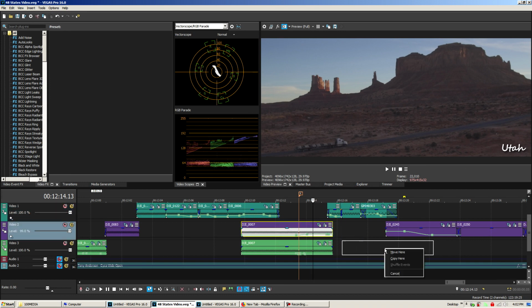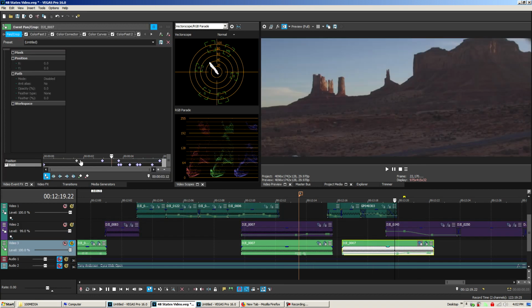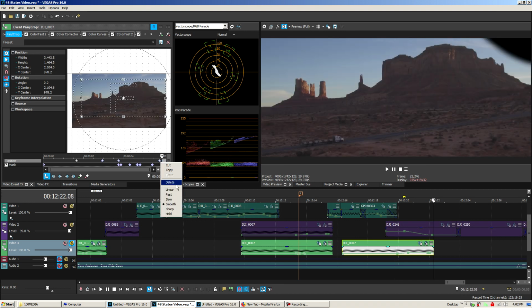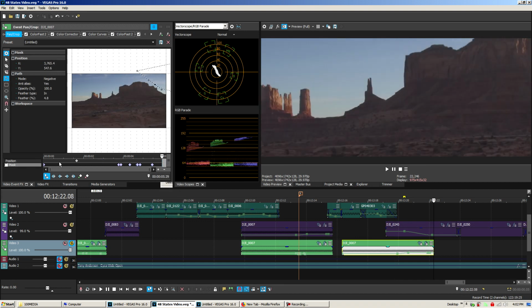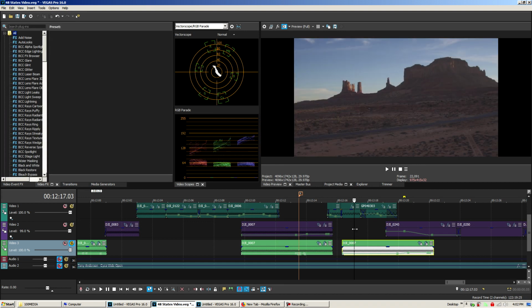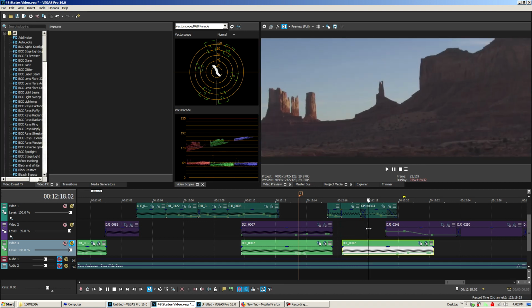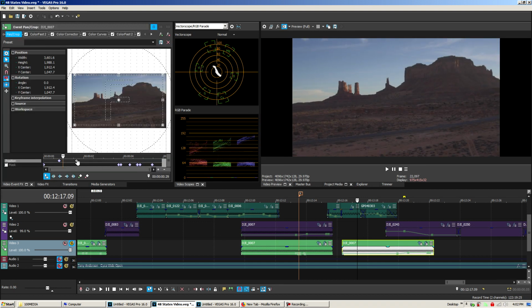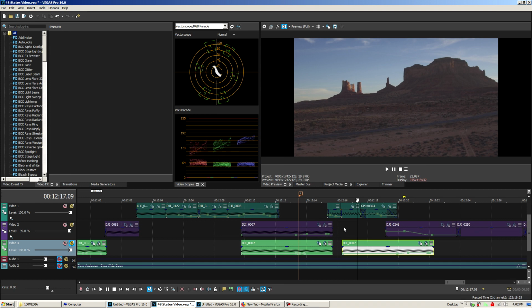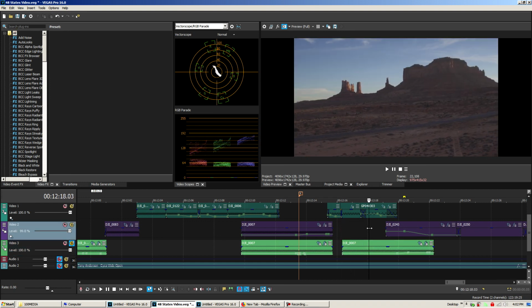I'm going to show you how it really looked. So we're going to solo this. I'm going to delete these keyframes, delete this, and you can see I had to do a mask. We're going to restore this. This is the original 16:9 shot. Sorry about that. Just going to get rid of this. Alright, so this is the original 16:9 shot,